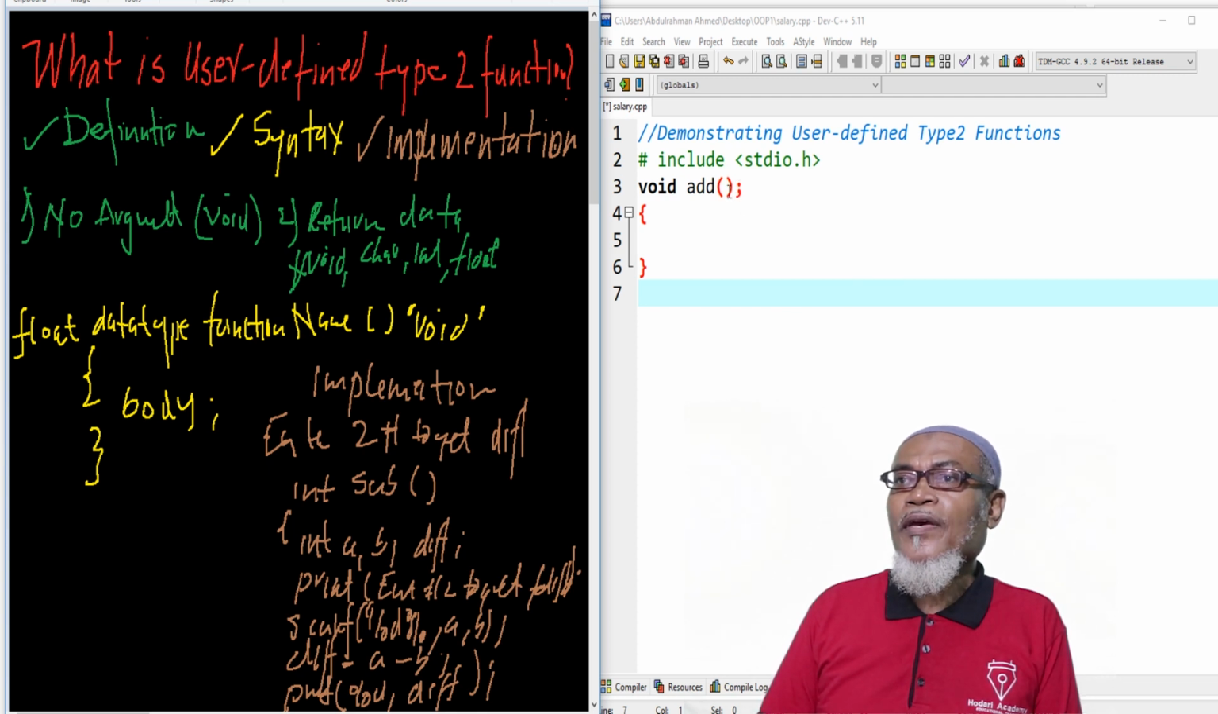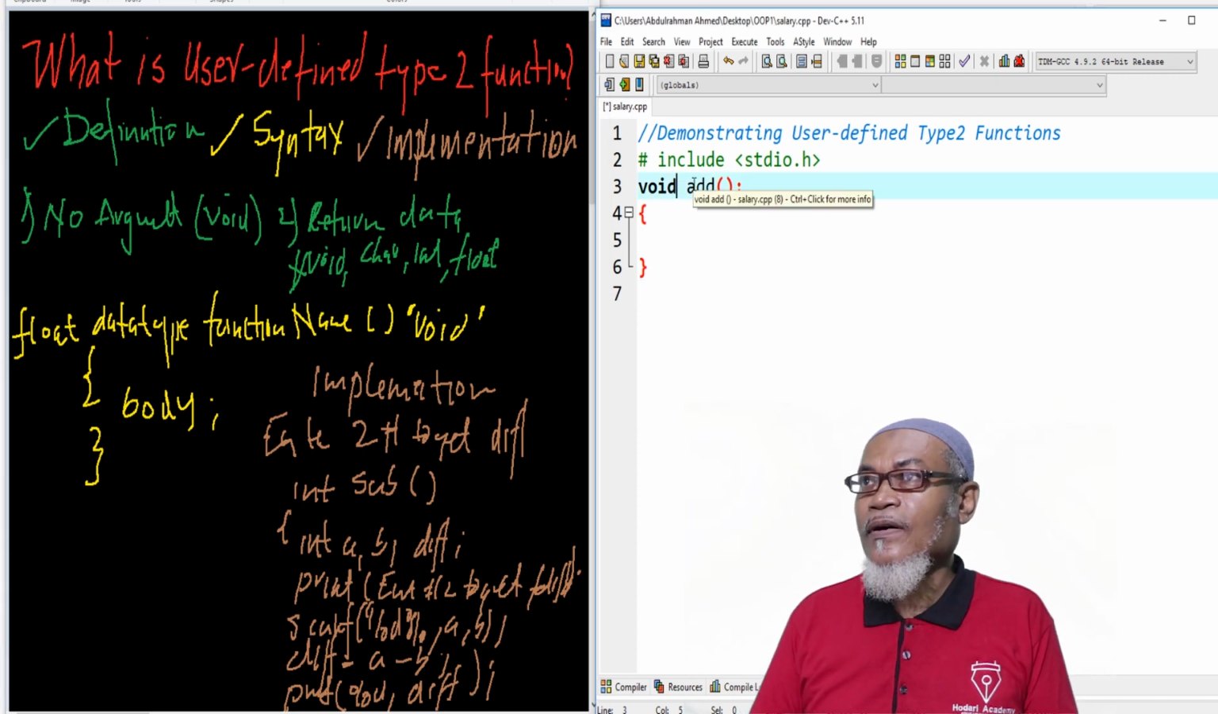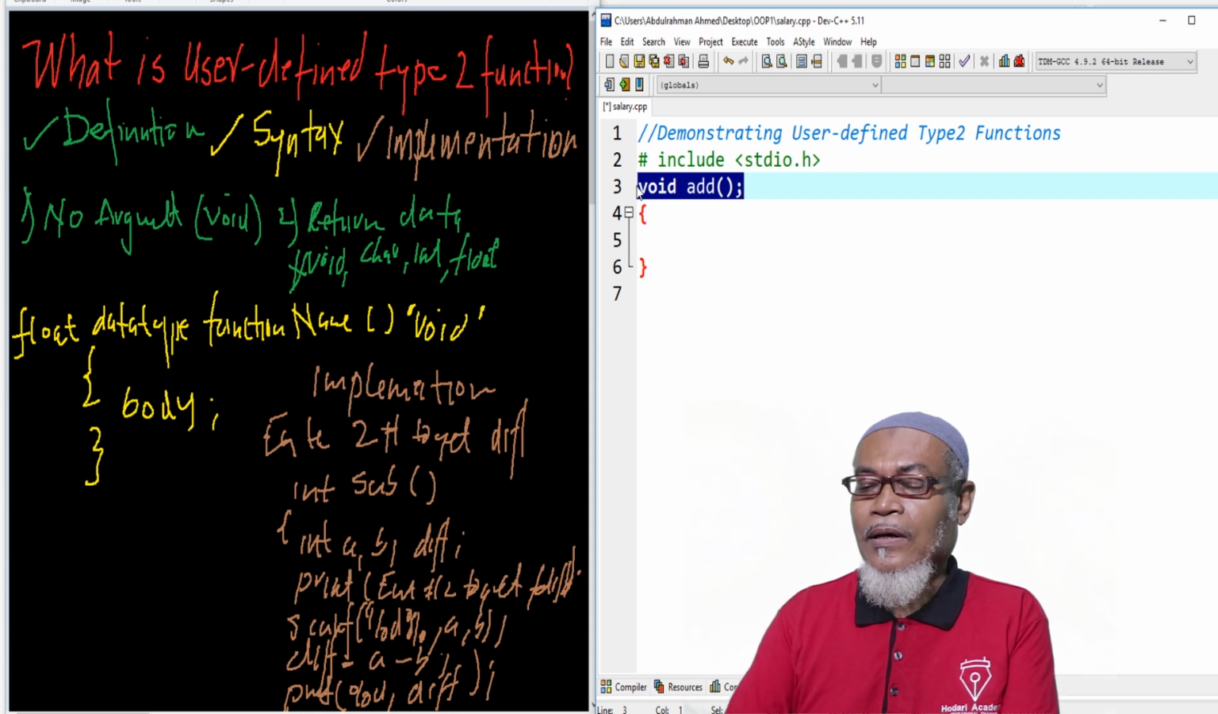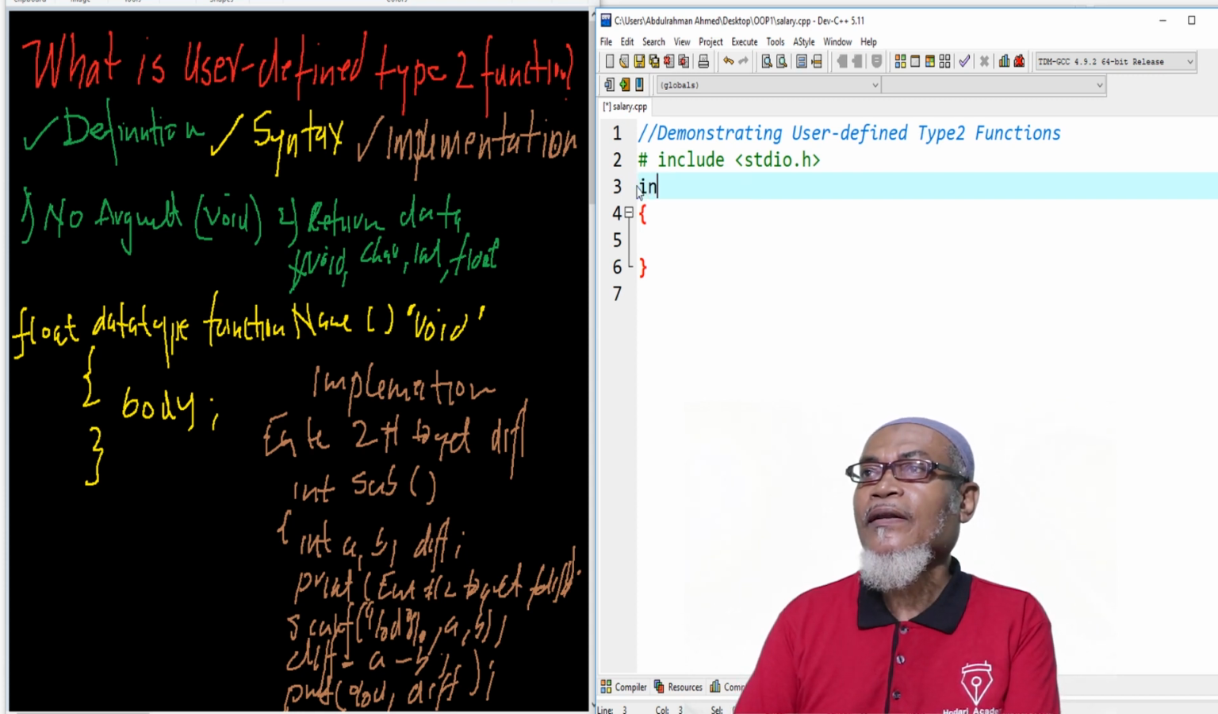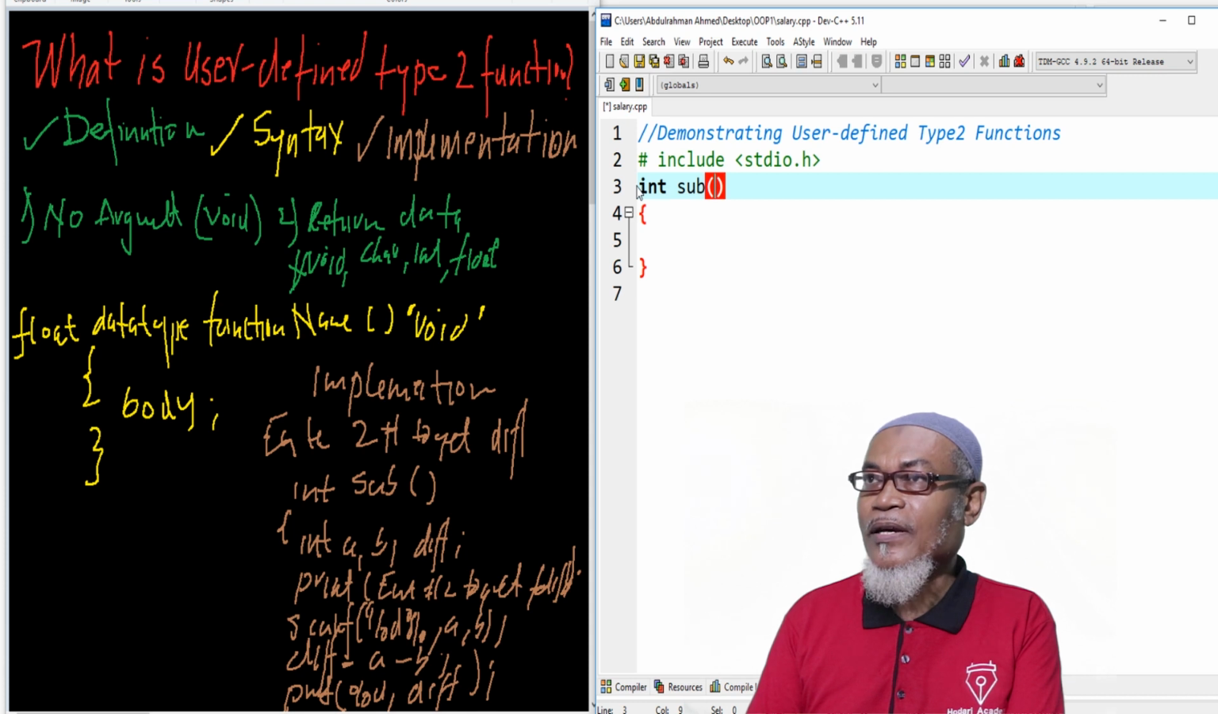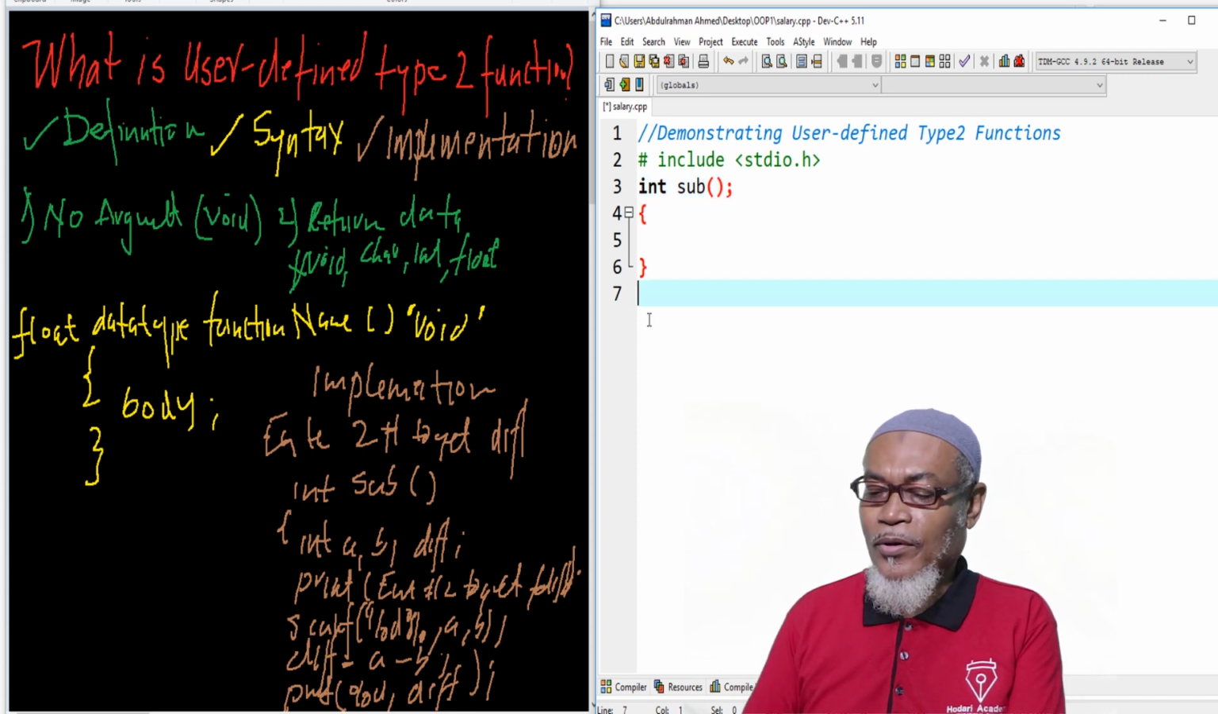So we have our data type. Basically here we'll have our data type, which we'll call int, and our function name will be sub. That particular sub does not take any argument, but it returns a particular data type. And then here we are going to define